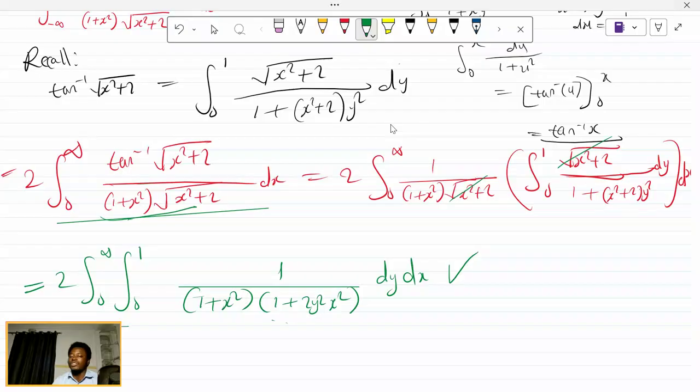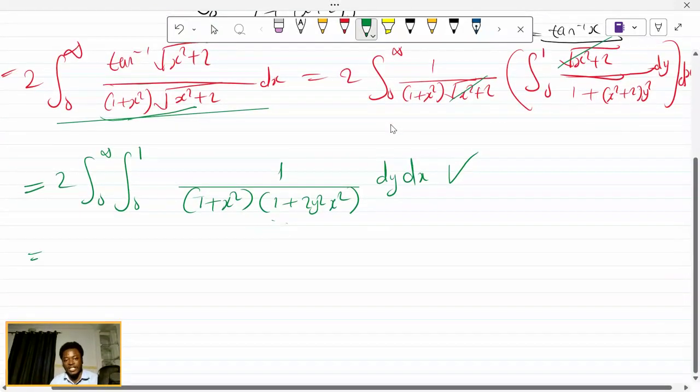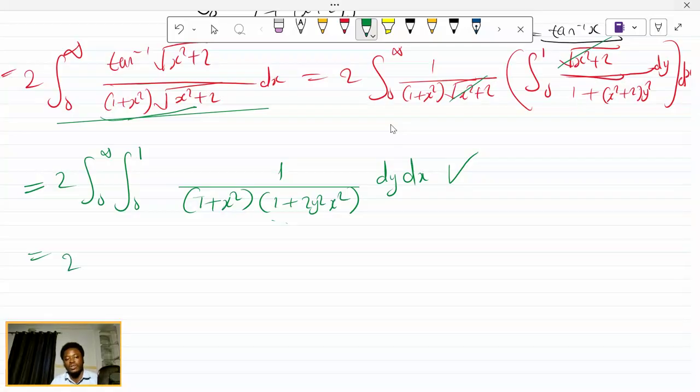So you can see that this is much more flexible, even though it may look a bit more complicated. It's very much better to work with this than to work with the formal expression. So now, if we do partial fractions on this, which you can, of course, do yourself, you will end up with twice the integral from 0 to infinity of the integral